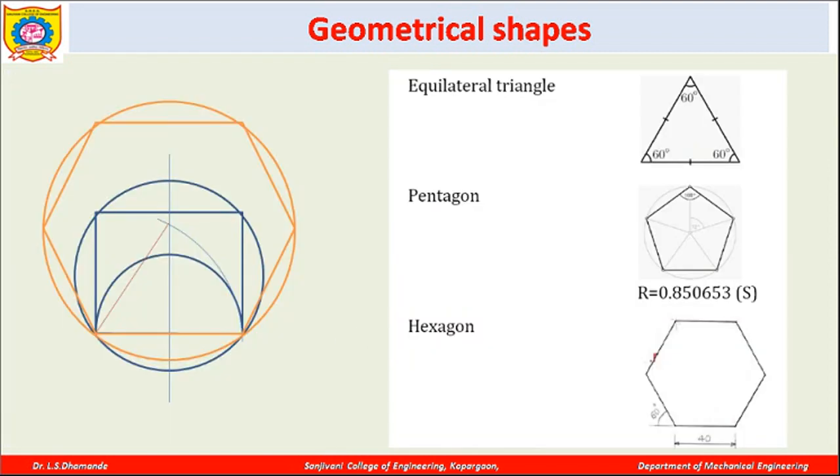Similarly, now if I have to draw the hexagon, the same side is there. You can see that I have already drawn the square over there of this 50 mm size. Now we have to draw the hexagon with this 50 mm side. So I have already done this construction, meaning I have drawn this line here, the base of this particular hexagon, and then a vertical line is drawn from the center of it.